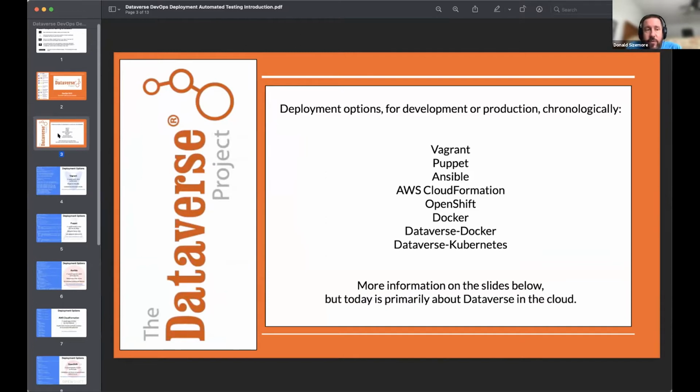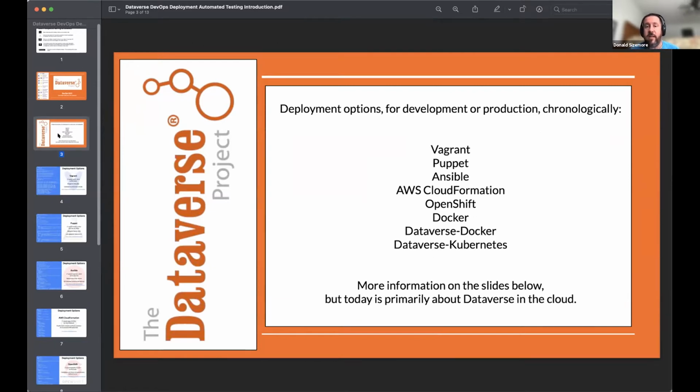But again, if you saw this bit of the introduction last year, this is more or less a chronological list of technologies which can be used to install Dataverse, not in the cloud or in the cloud, ordered by the first commit, the Vagrant first commit being April of 2014. Some of these technologies may or may not be kept current. They're all open source. They're all on GitHub. And I imagine that each of these installation technologies would welcome contributions by interested parties, especially if they don't have